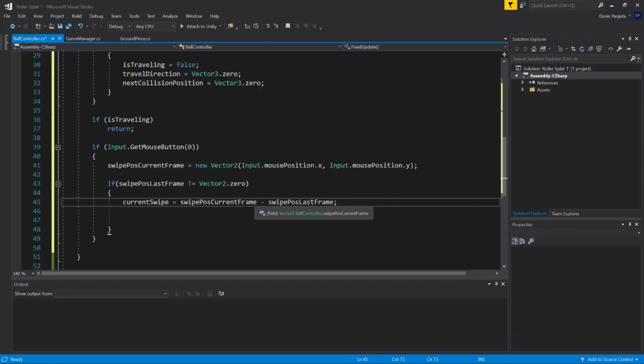In the last frame, your finger was at a certain position, and now it's at a different position. At 30 frames per second, one frame takes 33.3 milliseconds. So every 33.3 milliseconds, it's going to check where your finger is right now in comparison to where it was 33.3 milliseconds ago. And that's going to be basically this current swipe, which is a Vector2,